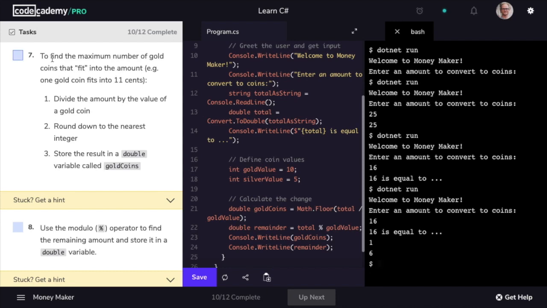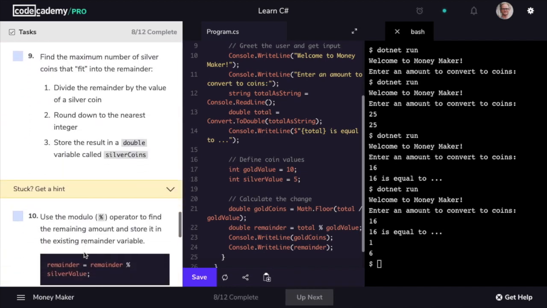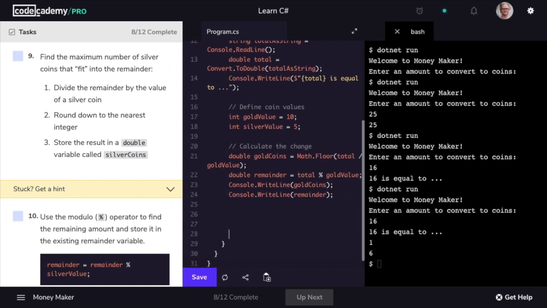Let's mark step 7 as complete, and also step 8 as complete as well. Now let's go ahead and move on to steps 9 and 10. We're going to go ahead and repeat the exact same process so we can do this a little bit quicker. We'll say double silver coins is going to be equal to the math.floor method, because we want to get a whole number of coins, and we'll take our value of remainder